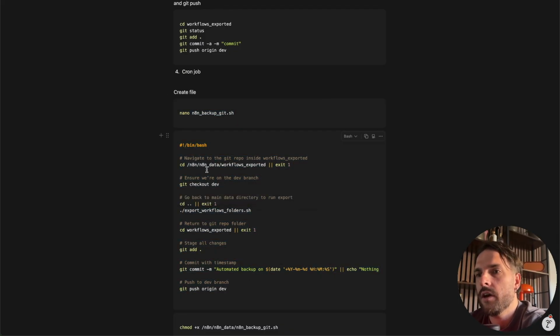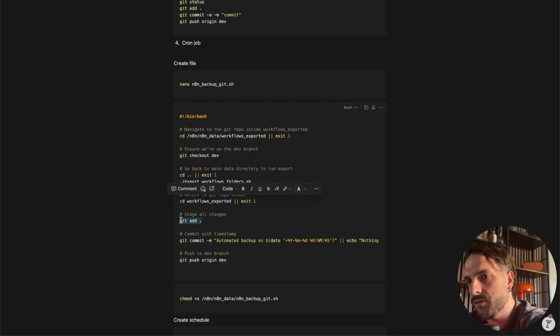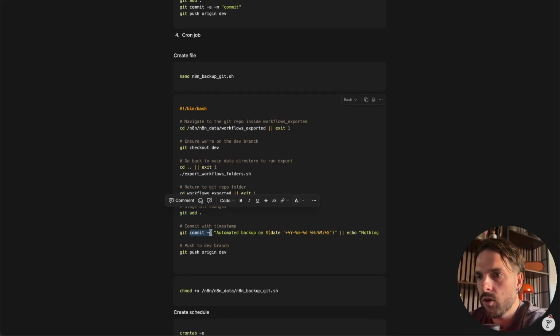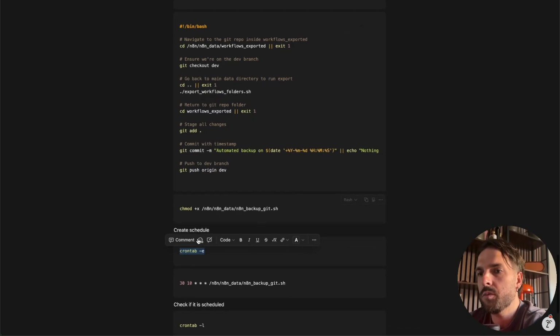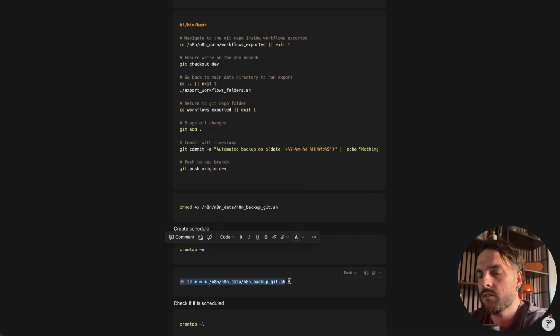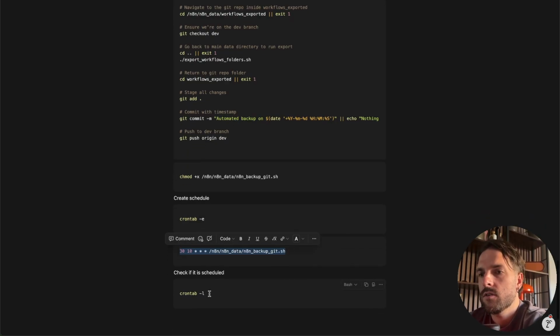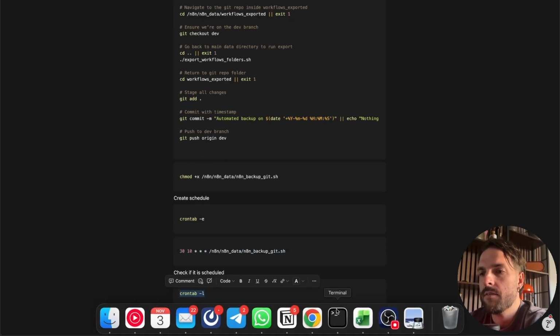In my scenario, I wish to go to this folder, check out the dev branch, then execute the command, then go back to the folder, add all untracked files and all other changes, commit it, and push to the dev. Then you can create a schedule for this file to be executed at some particular point of time and check if you did everything correctly.